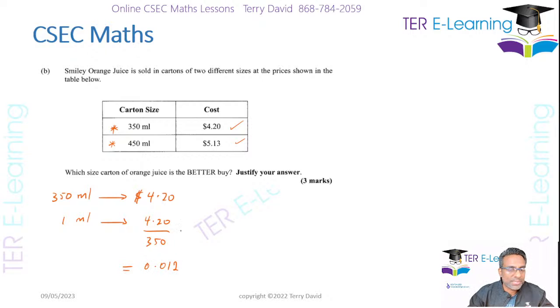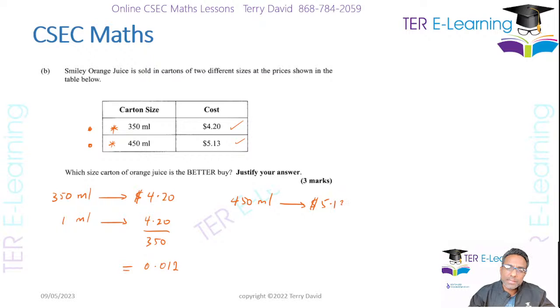And some students will say, well, when we deal with cents, we only go to 2 decimal places. But the problem is we have to be able to compare the cost per milliliter for both of them, and we need some way to differentiate between the costs, right? So in this one here, we have 450 milliliters, and that is costing us